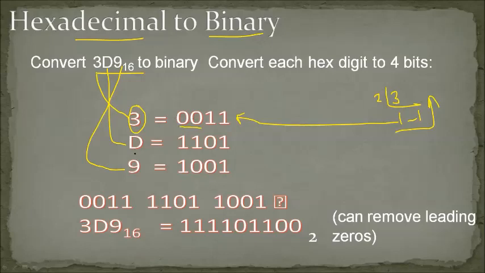And the next ones are D and 9. You have to find them out in the same way, and then you write them in order like this. And in case you are getting zeros in the beginning when you are converting from hexadecimal to binary, 2 zeros, 3 zeros, whatever it is, you can ignore these zeros and write the rest as the answer. Okay, let's move on to the next one.